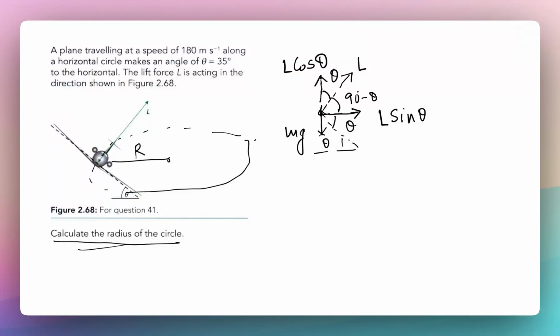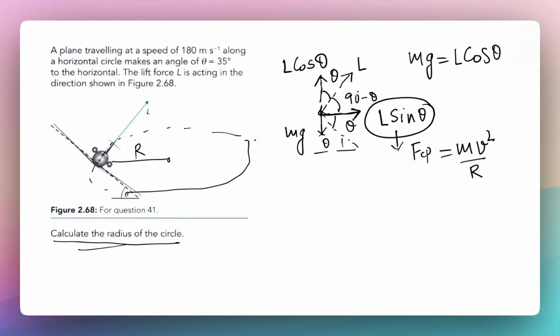Because the plane is simply moving in the circle, this mg will be balanced by the lift force component L cos theta, and the force L sin theta, which is acting towards the center, is going to be our centripetal force FCP. It provides the plane the necessary centripetal acceleration to move in a circle, and this is equal to mv square by r, where r is the radius of the circle it is rotating in. We have to find r, so before we take r to the other side, we put the value of FCP, which is L sine theta into r,